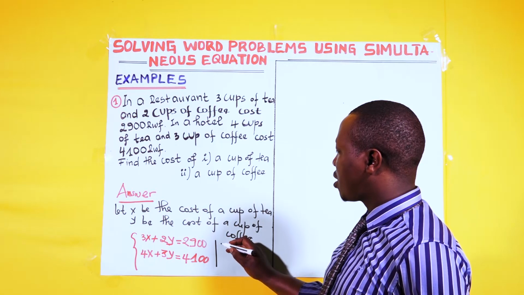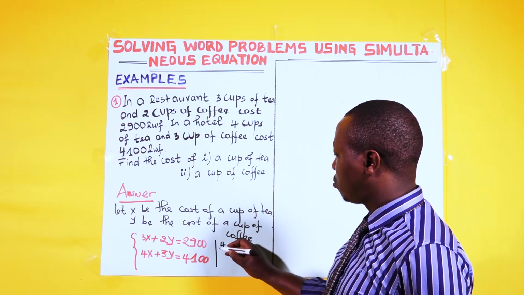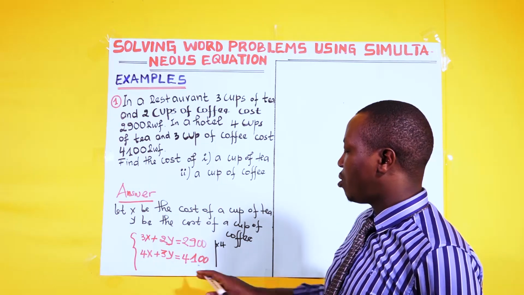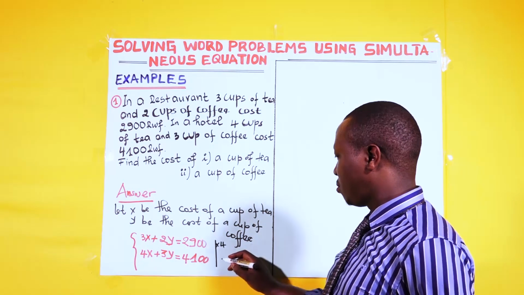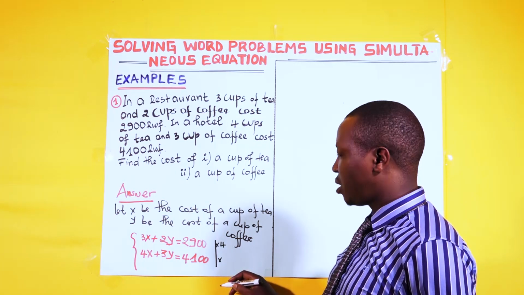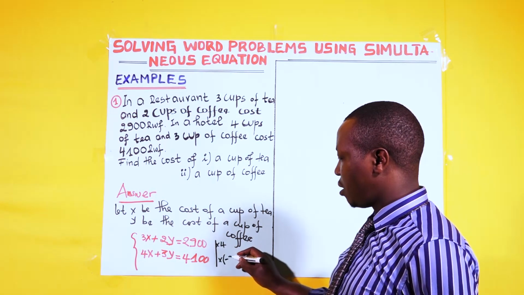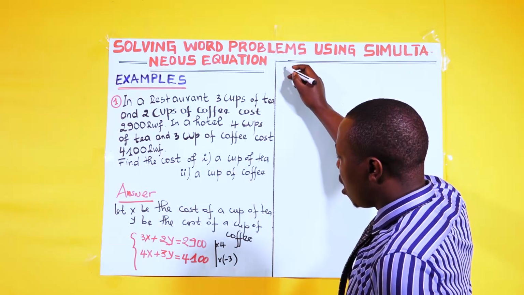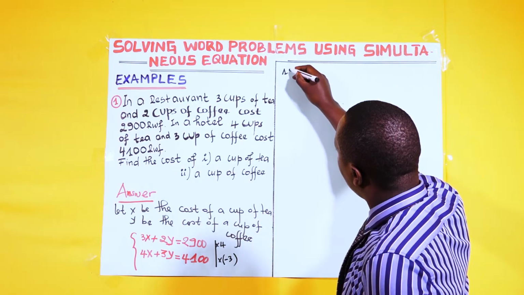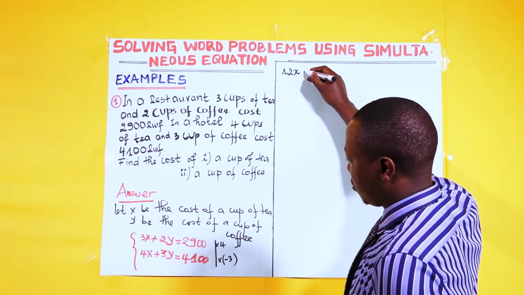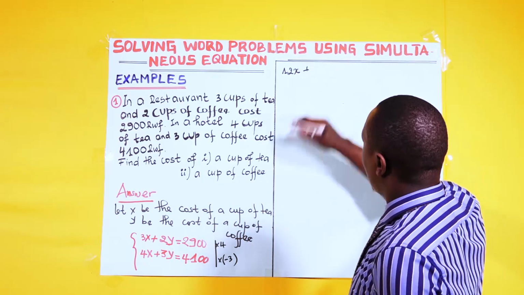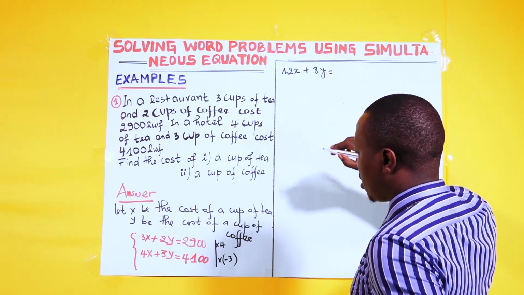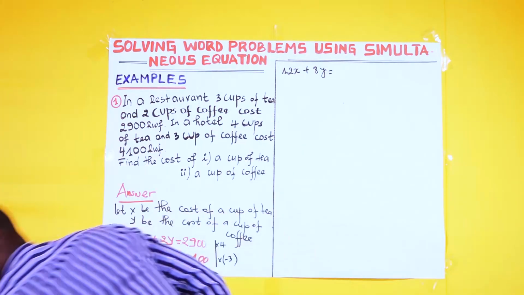The first equation you can multiply by 4, and then the second equation you can multiply by negative 3. So the equation becomes 12x plus 8y,